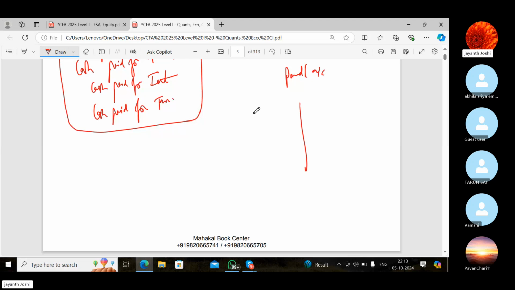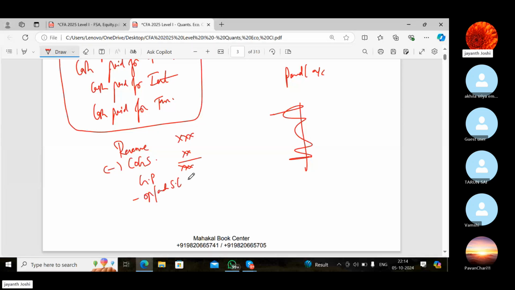We start with revenue. Revenue is like some X amount less COGS. You get gross profit less operating, administration, selling expenses. You get PBIT or operating profit. You need to come to this. Okay, now,